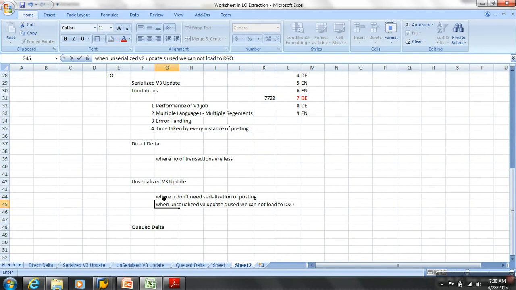Why? When you are loading with unserialized V3 update, you are not guaranteeing the sequence. When the sequence is not guaranteed, how will you overwrite the records? Yes or no? When you are overwriting, sequence is important.